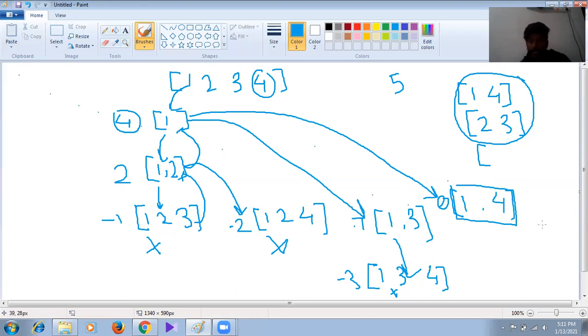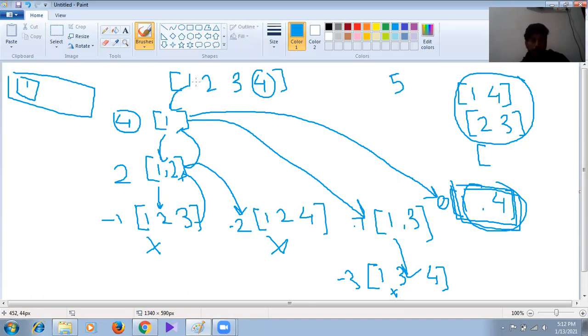Okay, now what we will do? We will store this combination in our final result, where we will store all the combinations. So we will create an array list which will store array lists.